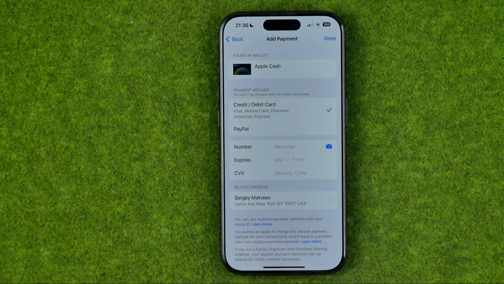In this video, I'm going to show you how you can easily update your payment method on an iPhone. Be sure to watch the video to the very end so you don't make any mistakes. Let's get started, guys. I'm going to show you the whole process from the beginning, and first off we need to